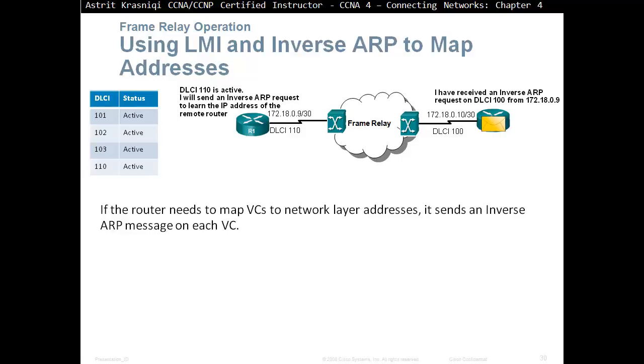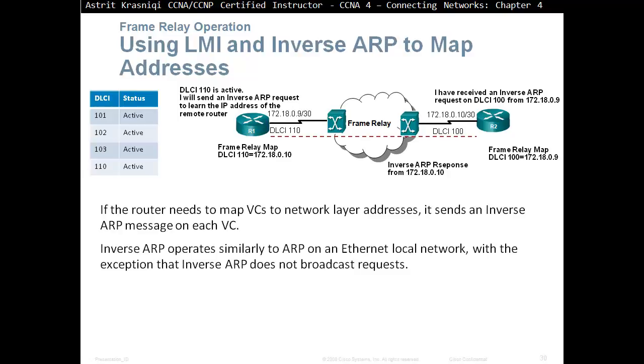Now router 2 says, I just received an inverse ARP request on my DLCI 100 from address 172.18.0.9, so let me put that in my frame relay mapping table. Router 2 then responds with the inverse ARP response, giving its IP address. The response comes to router 1, and router 1 has just learned that DLCI 110 leads to the IP address